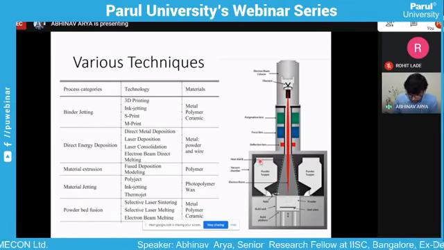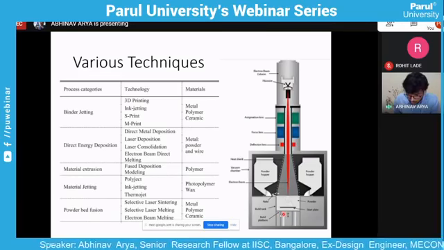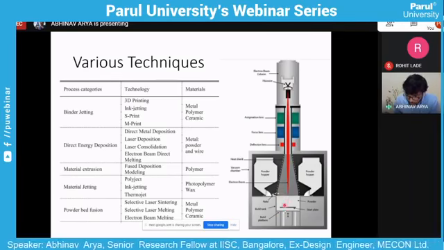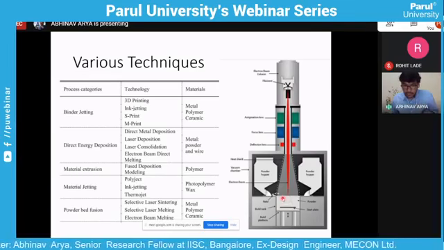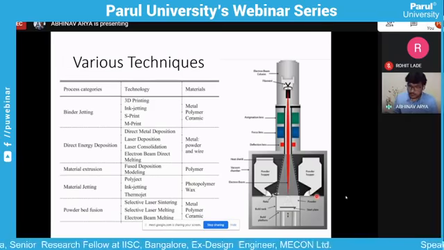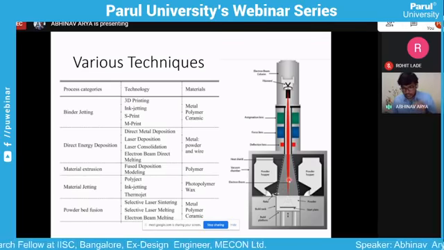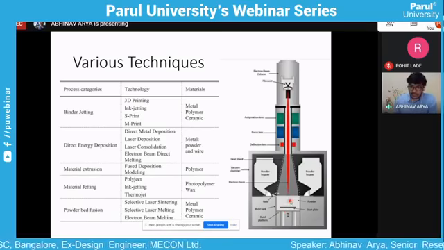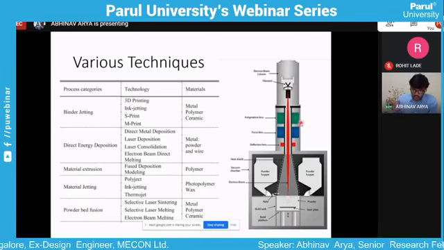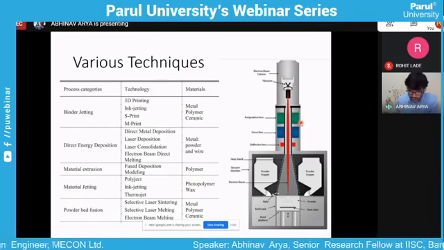After that, we have the powder hopper from which the metallic powder comes, and we have this platform. On this platform the powder will come, then the electron beam will selectively fuse the bed at certain places. Then this platform will go a little bit down, then another layer of powder will be spread over that, and then again the electron beam will fuse the powder at certain places. Like that we can print whatever component we want, with whatever intricacies we want. And since it is using an electron beam, the resolution and finish of the component that we can get is very good in this one.